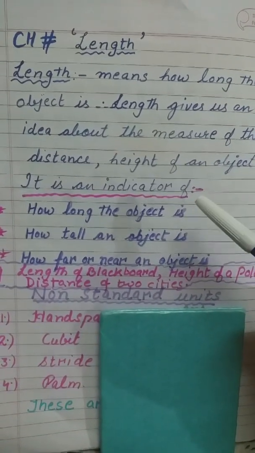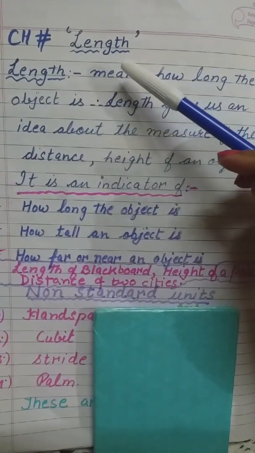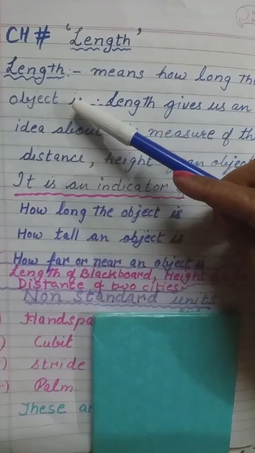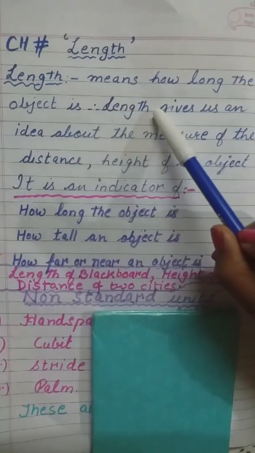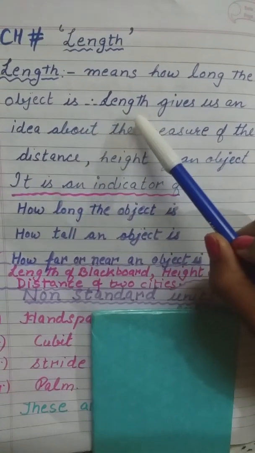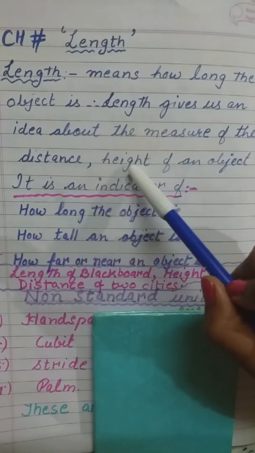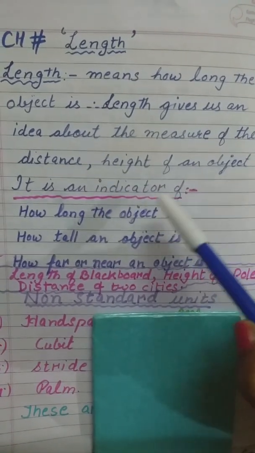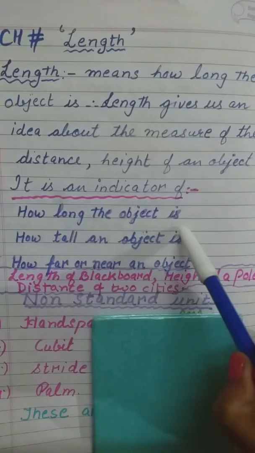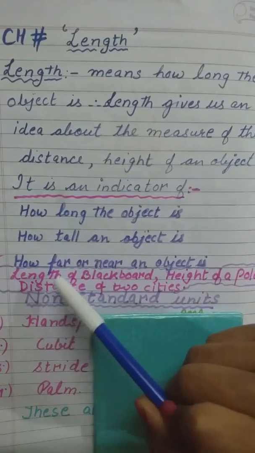So, today we will start a new chapter of the syllabus, that is length. So, let us understand first the meaning of length. Length means how long the object is. Length gives us an idea about the measure of the distance or height of an object. So, it is an indicator of how long the object is, how tall an object is, or how far or